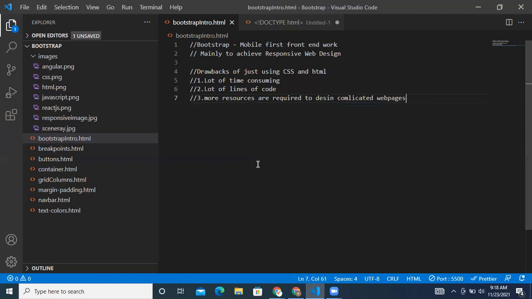Okay. So here more resources are required to design complicated web pages. Okay.